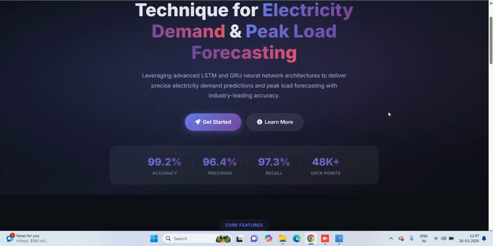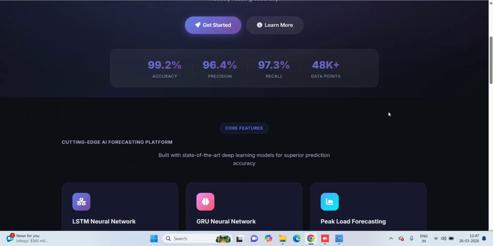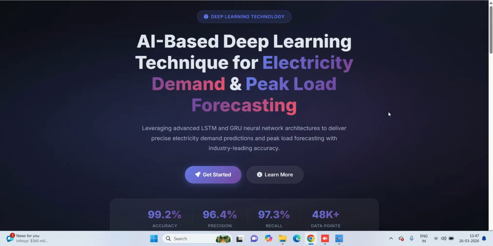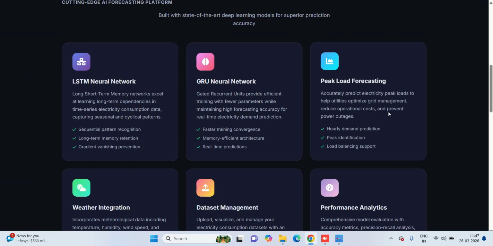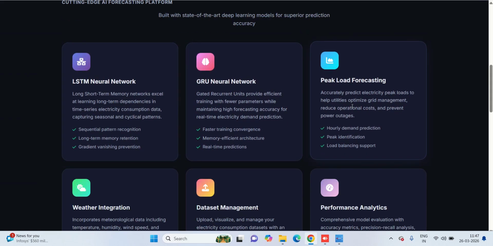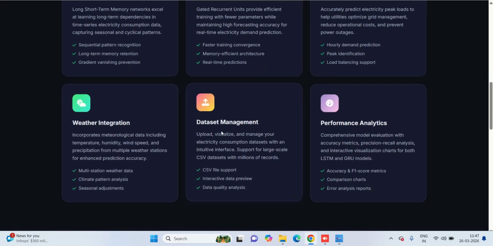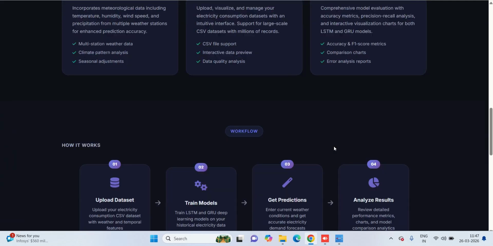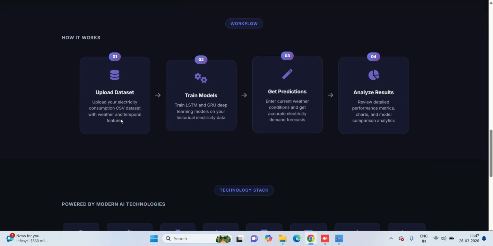This is the home page, the landing page, where it's going to display the title name as well as the features we have: LSTM neural network, GRU neural network, peak load forecasting, weather integration, dataset management, and performance analysis. Okay, now the workflow: first we upload the dataset, then we train the models by applying the algorithms on the dataset, and we get predictions,